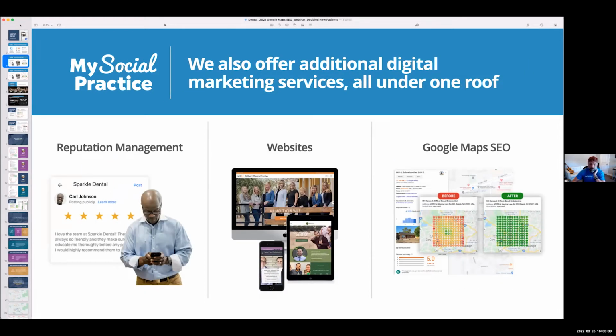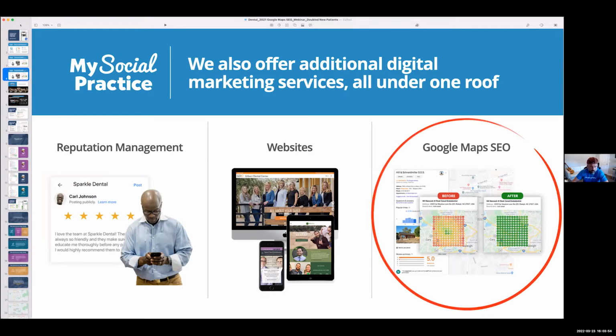In addition to social media, we offer reputation management service. We develop and build websites, and we also have an SEO service called Google Maps SEO, which is what we're going to be talking about today. I'm going to lay the groundwork for how you optimize and the benefits of optimizing